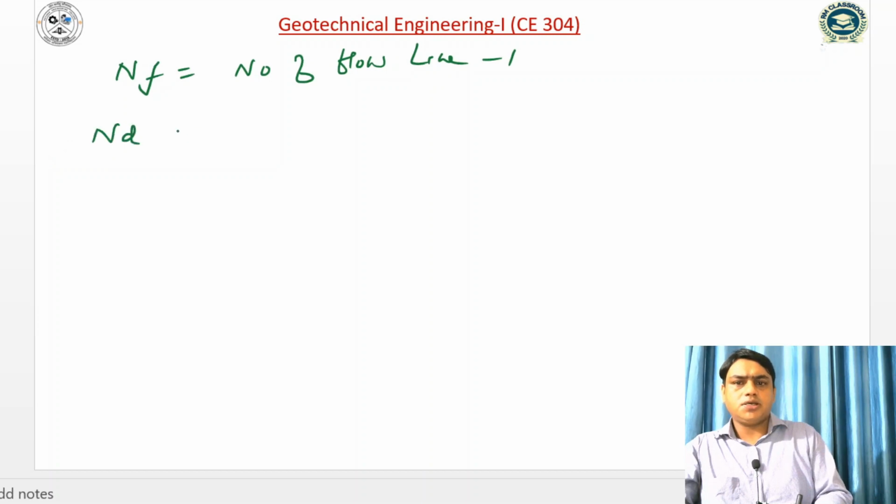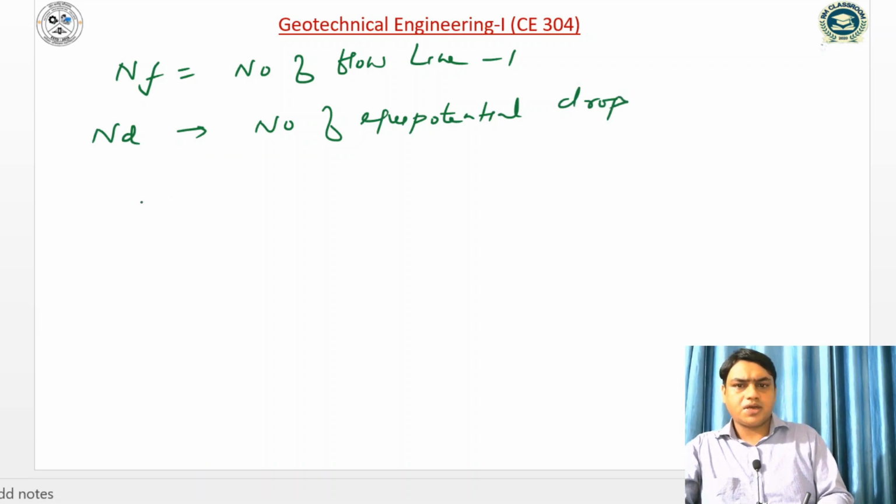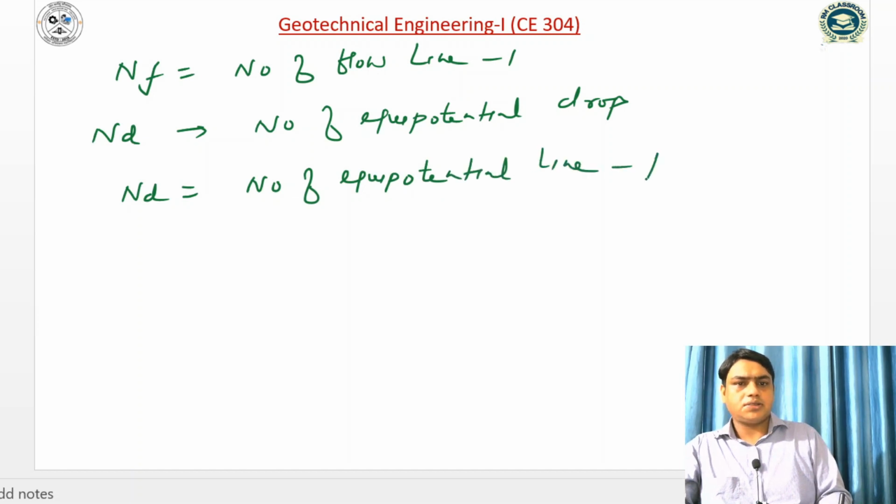Similarly, ND is the number of equipotential drops, or it can also be written as ND is equal to number of equipotential lines minus 1. With the help of this, we can compute delta Q is equal to K into